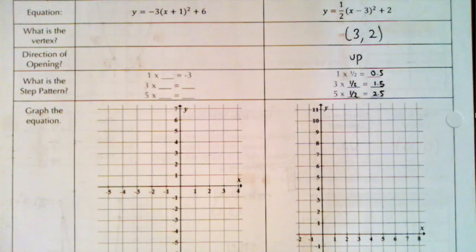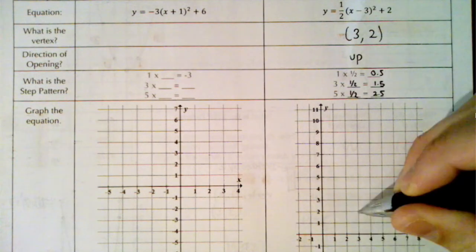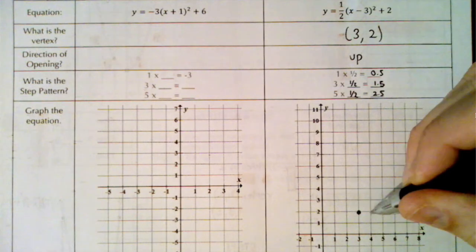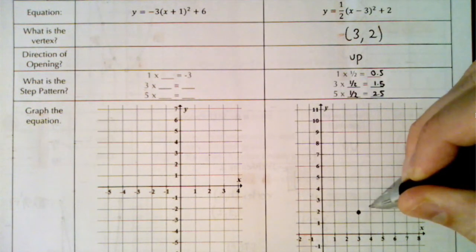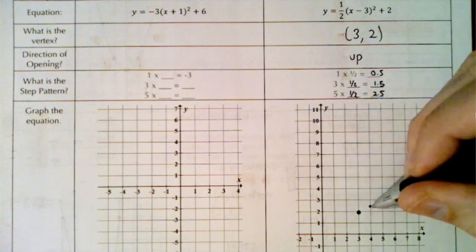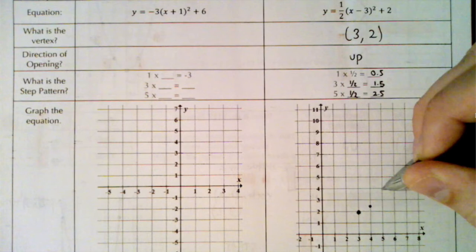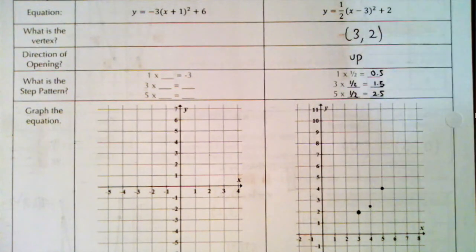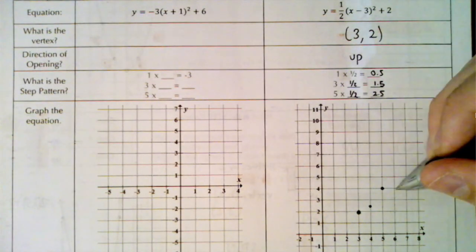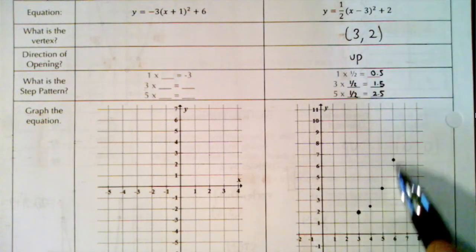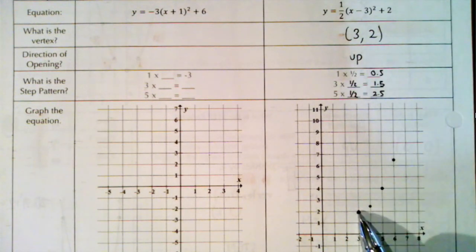So how do I graph this? Well, graph the vertex first, 3, 2, and then use the steps. So over 1, up half, put us here. Over 1 more, up 1.5. So there's my half, and there's my 1. And the next step, over 1, up 2.5. 1, 2, and a half. And there's my points on the right. Now we can repeat that process on the left,